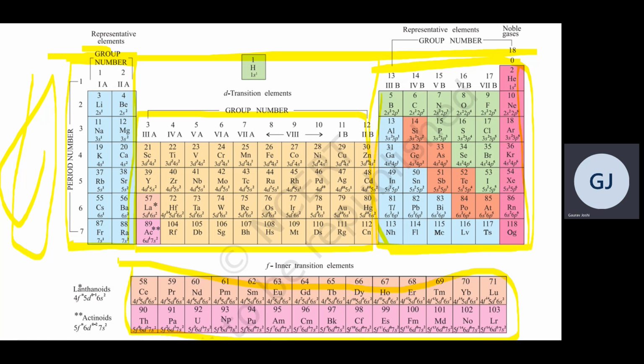So how have they actually classified these into S, P, D, and F? If a question comes in the exam, for example, if I say there is an atom having the atomic number of 78, can you predict in which block this atom belongs to? So how to solve these types of questions? I'll be telling you about these things.